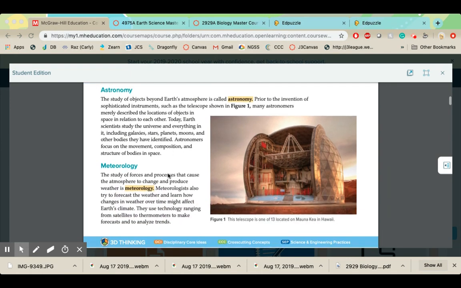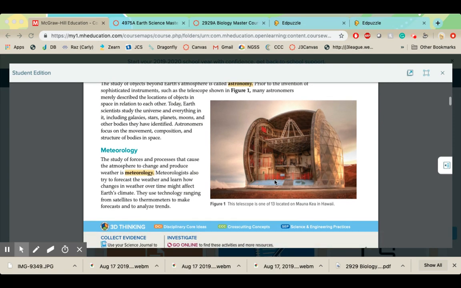Then there is also meteorology, and meteorology is one branch of science that I honestly would never do because they look for different patterns in the atmosphere and try to predict the weather. And everybody always makes fun of the weatherman for being wrong. And basically, trying to figure out what all those patterns are and predict exactly what's going to happen is very, very difficult.